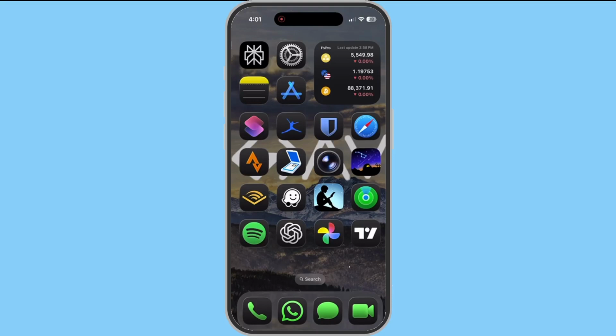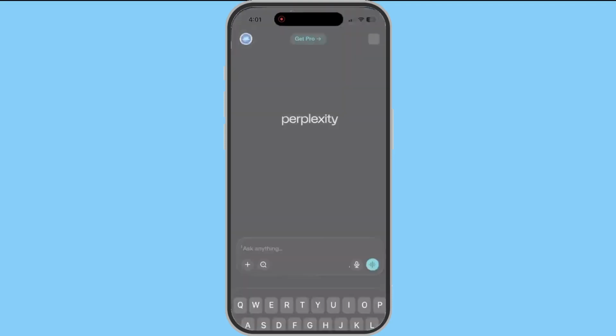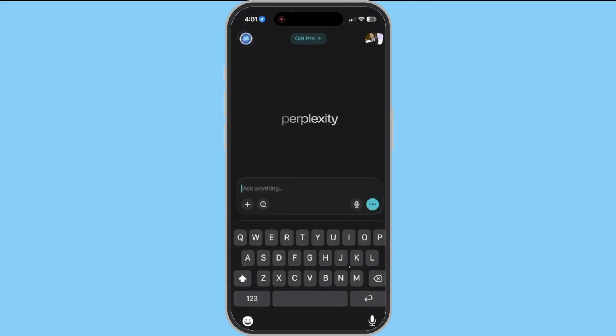First, open the Perplexity app on your iPhone. Make sure you're on the main search screen where you'll see the search bar at the top. If you're new to the app, the interface is clean and simple, so don't worry. This will be quick. Next to the search bar, look for the plus button or the small camera or photo